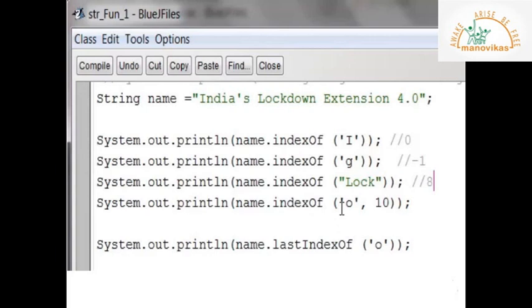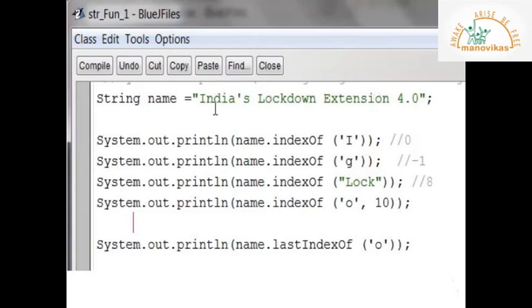The next function is index of a character, and there is one index specified. So now this function will display the occurrence of this character after this particular place. How many letter O's are here? 1, 2, 3.